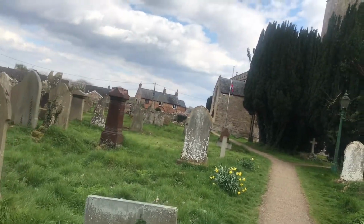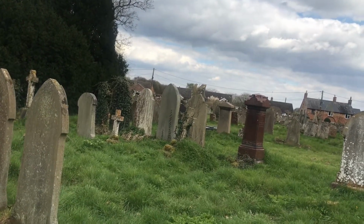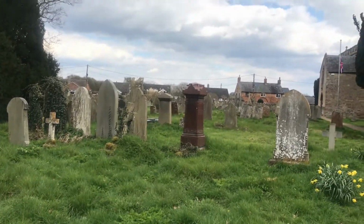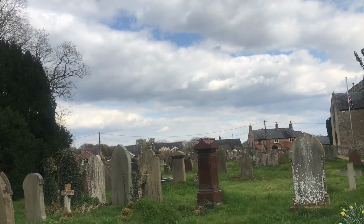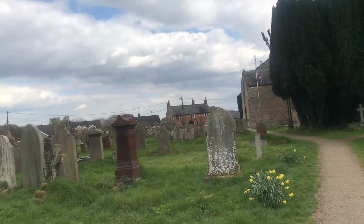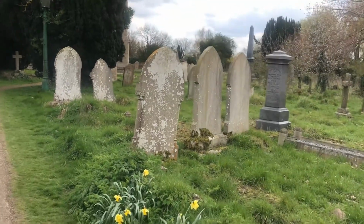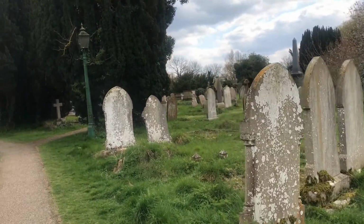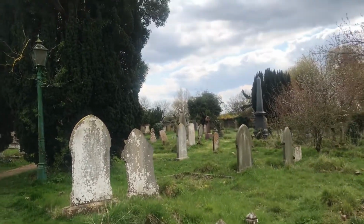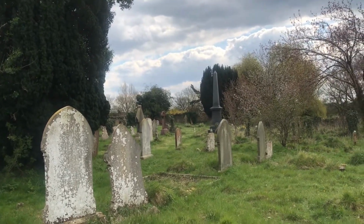And there was somebody very famous that was the rector of this church, John Newton, who teamed up with a local man, William Cooper, and they wrote one of the most famous hymns in all time, Amazing Grace. I'm not going to sing it, but I'm sure you'll all know it. They were great friends. John Newton lived in the vicarage, and we're going to see the house where